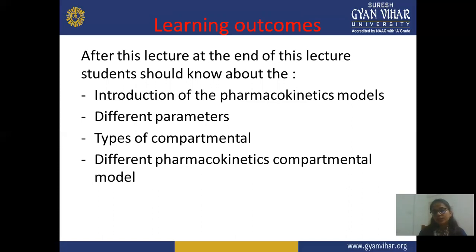Next is types of compartmental models. In this, you should know about the different compartmental models, including physiological models, non-compartmental models, or different pharmacokinetic models. So in this, we know the different classification. I can see four types of classification, and these four types are again further divided into different subcategories or classes. So you should know all these pharmacokinetic models and pharmacokinetic parameters.